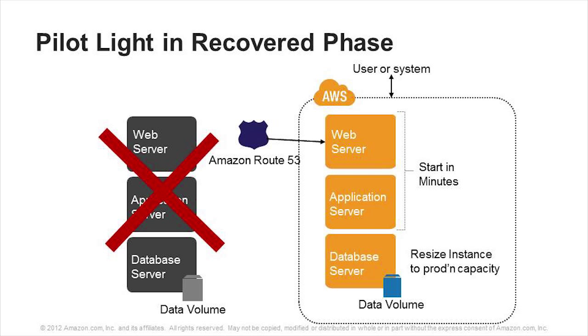Generally, if you're going to do this, you'll want to set what's called the TTL, the time to live, on your DNS entries to be a very, very low number so that you don't have clients out on the web that are still trying to access the old server. And the other important aspect of this, that database server in the cloud, you'll want to scale that up from the small instance you were using just to catch that replication up into a production capacity. And you can do that very, very easily with a cloud-based model. So here you see that we were running locally, we failed over, we mapped over the DNS, and we're up and running in the cloud.